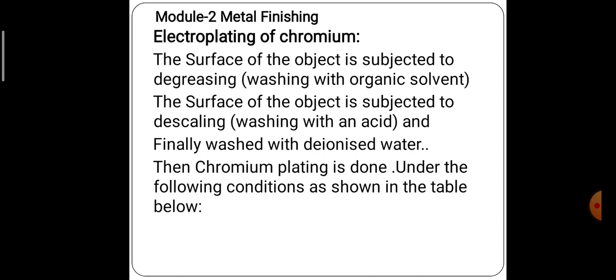Before applying some conditions, first we have to clean the surface of the base metal by using suitable reagents. First we take the base metal, and it is treated with the inorganic solvent to remove the inorganic impurities present on the surface of the base metal. The inorganic solvent is H2SO4. Next, it is washed with the organic solvent, like alcohol, carbon tetrachloride or chloroform, to remove the organic impurities present on the surface of the base metal. Then it is rinsed with distilled water. Now the base metal is ready for coating.